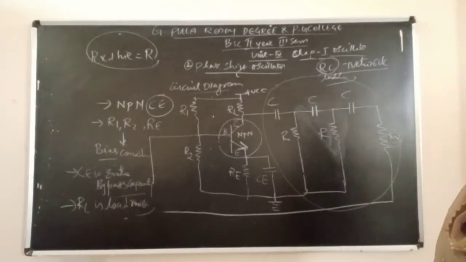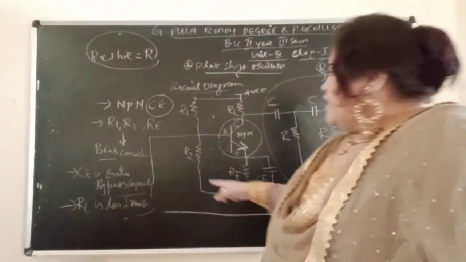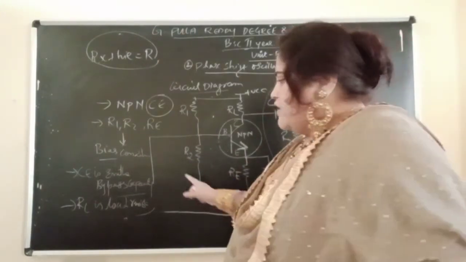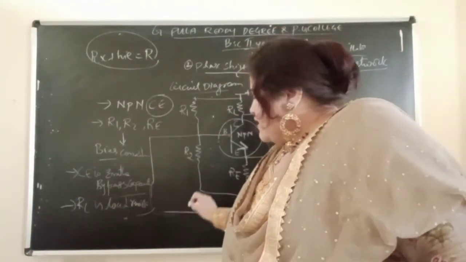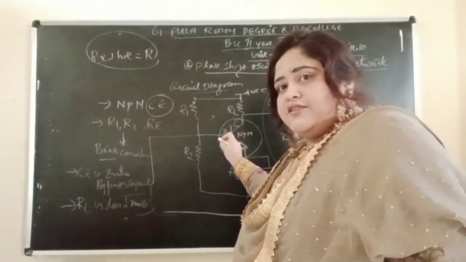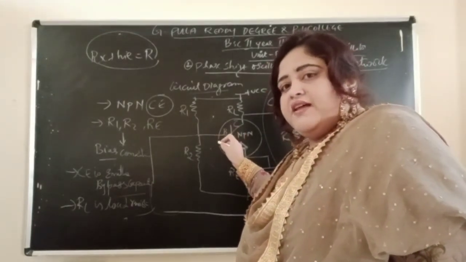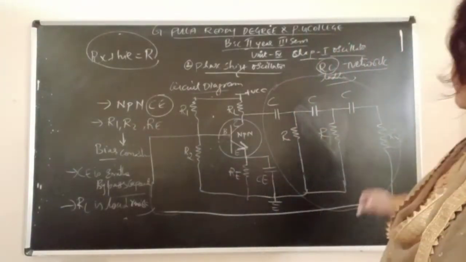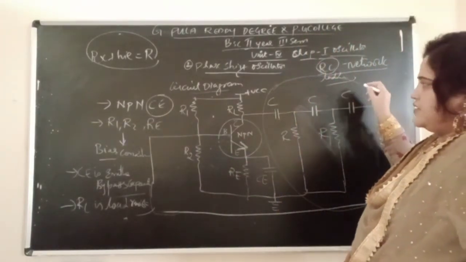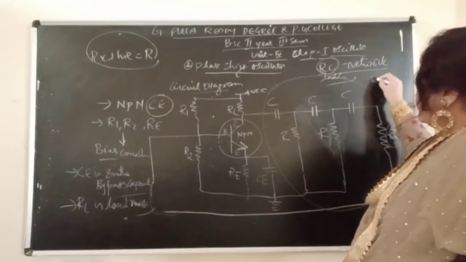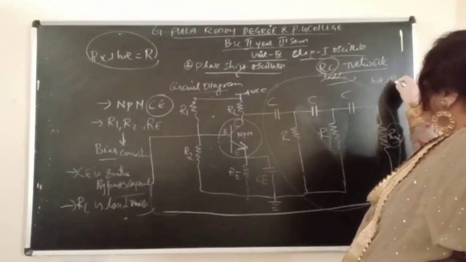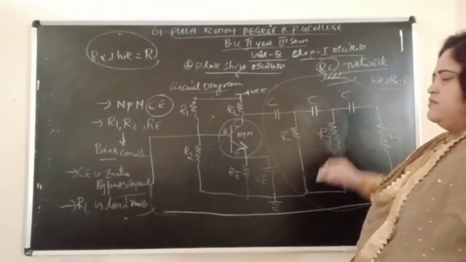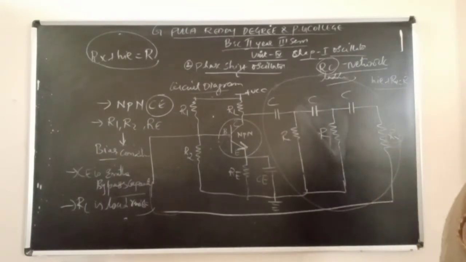The final resistance is Rx, which is given to the feedback and is again passed to the input. It is connected to the internal resistance of HIE, which is added with the internal resistance of HIE to give the total resistance R. HIE plus Rx is equal to R, the total resistance.